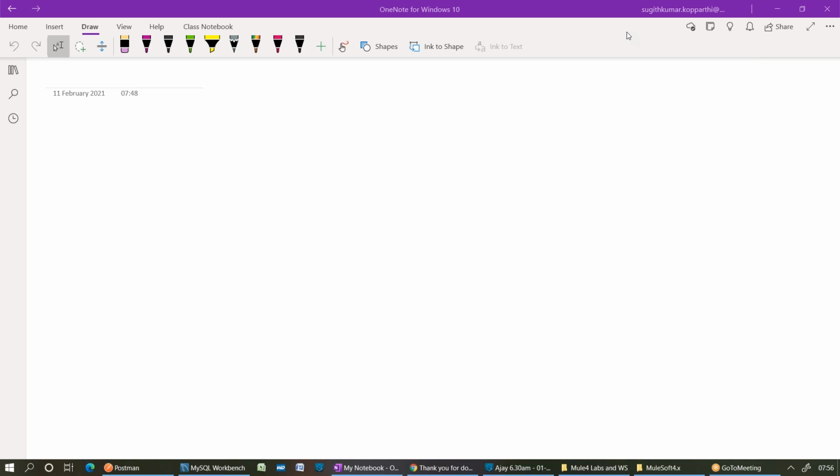From my Mule application, I want to get an output of hello world. You might have seen this in many training programs, if you have already worked on any other programming language. I will also take hello world only. What is wrong with it? So I want the output from my Mule application as hello world, right?